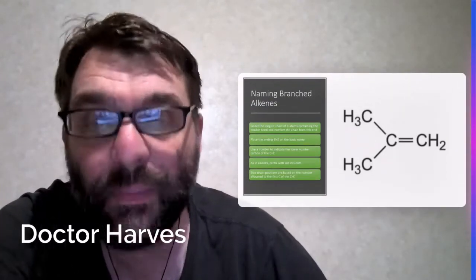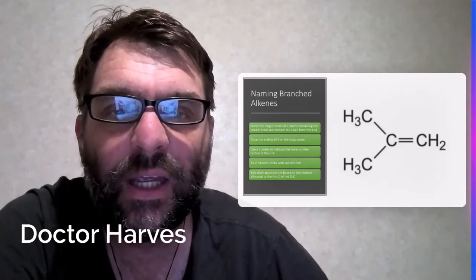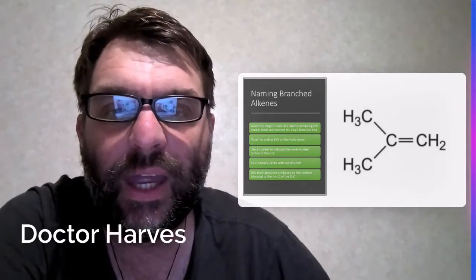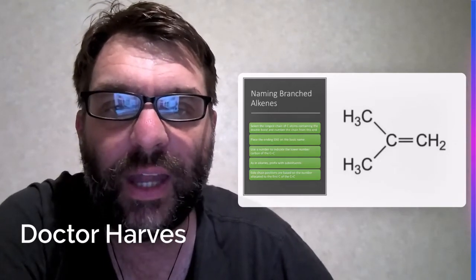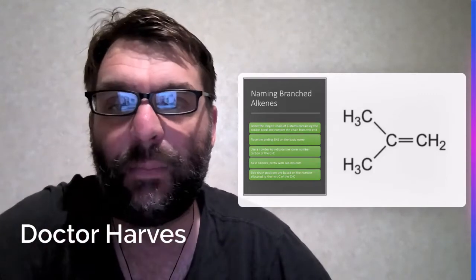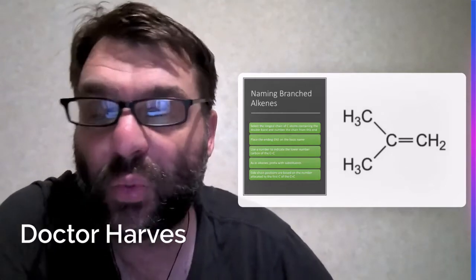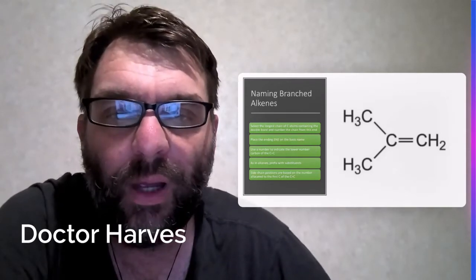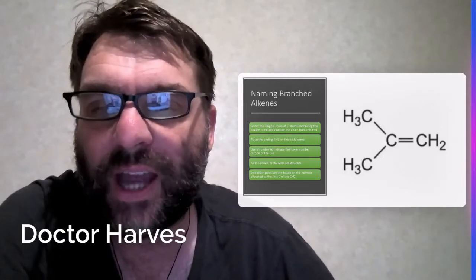In terms of naming an alkene, you select the longest carbon chain containing the double bond and number that chain from the end. Place the ending -ene at the end of the name and use the number to indicate the position of the first carbon in the carbon-carbon double bond. As in alkanes, you then prefix with substituents like ethyl, methyl, or propyl. And then the side chain position is based on the number allocated from the first carbon in the carbon-carbon